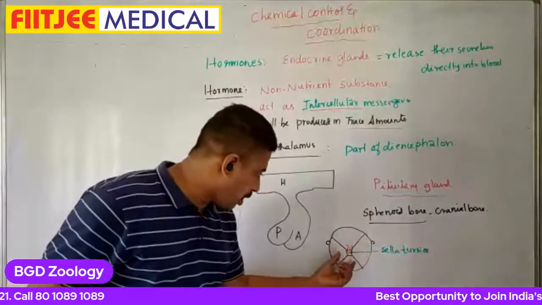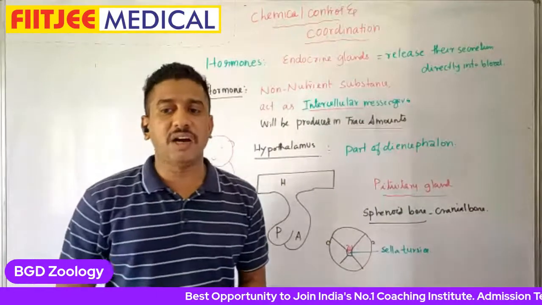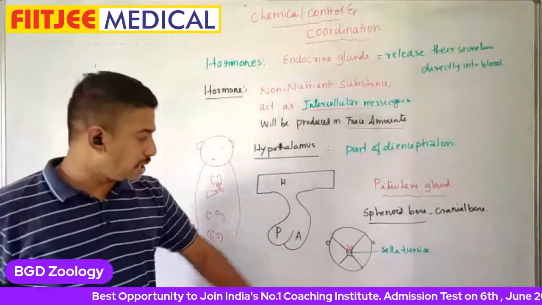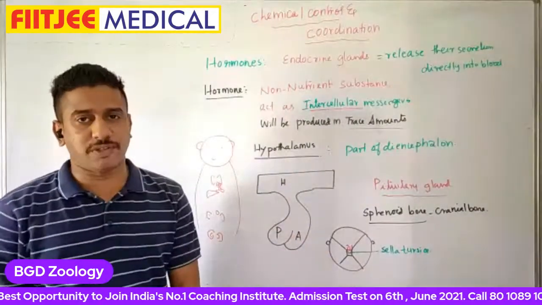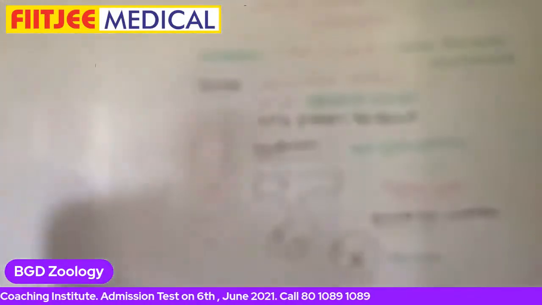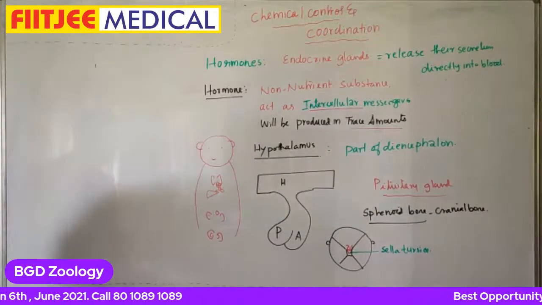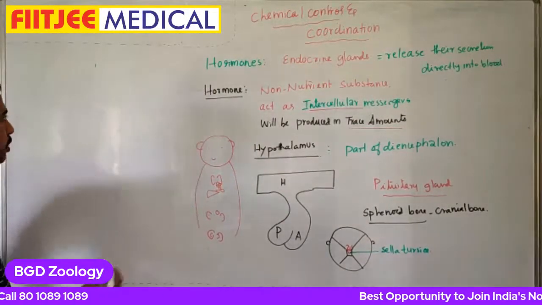In the sphenoid bone, you can observe a cavity, and that cavity we call the sella turcica. There only this pituitary gland is present. It's clear to everyone, no doubt. Now, moving on to the next: this hypothalamus, if you're looking,